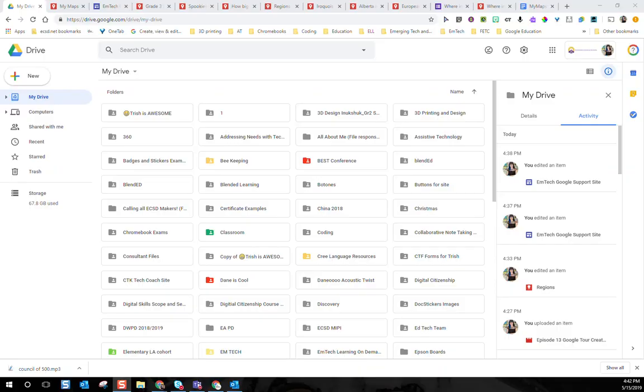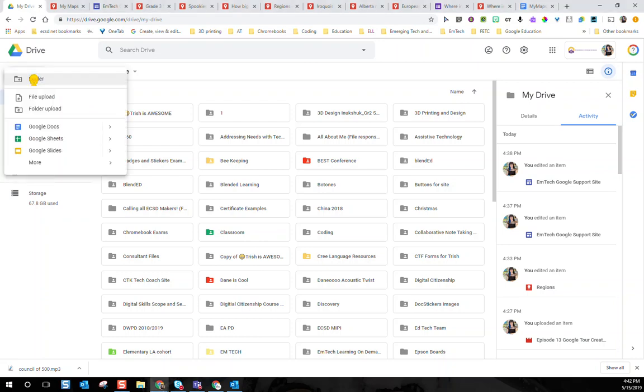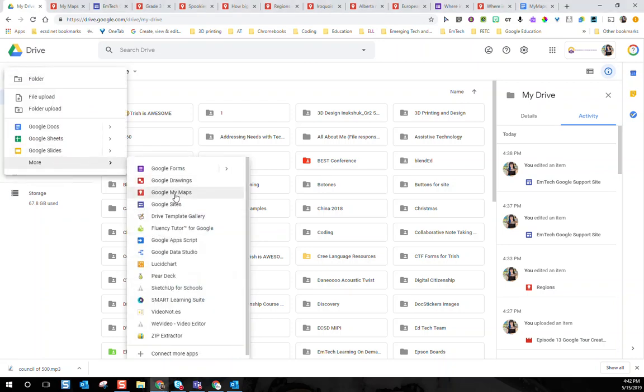We're going to do Google My Maps. You can go to Google My Maps just by simply searching that. Or of course you can make a new My Map simply by going to your drive, saying new, and then choosing Google My Maps. It's in the More menu. So if you're in your drive, you're going to say new, you'll go down to more, and you'll see your new My Map.